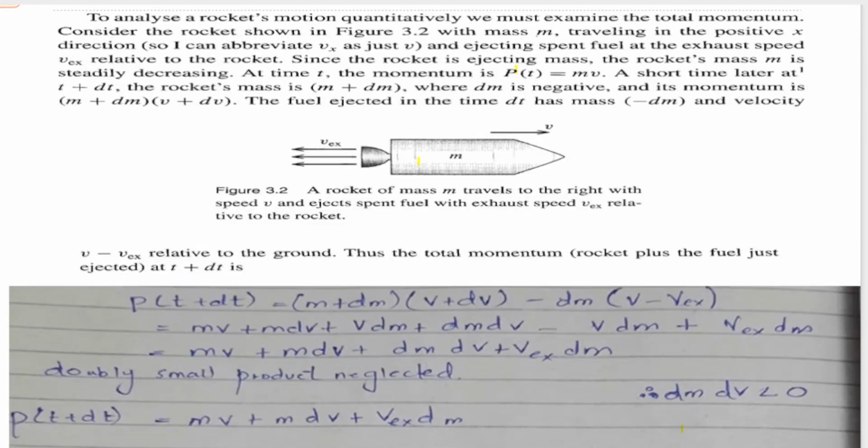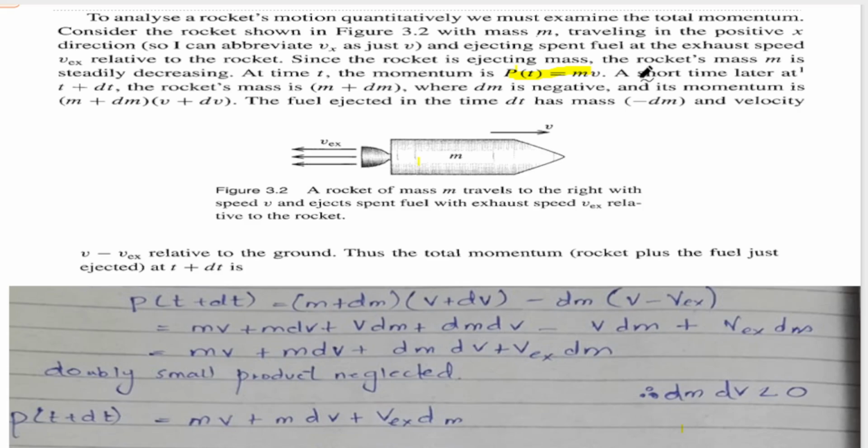We can analyze the rocket motion by conservation of momentum. So you can see we have a rocket of mass m moving with velocity v. This is the external velocity, or we can say this is the ejecting spent fuel, which is at the exhaust speed. And when we talk about the momentum, at time t, this is the momentum of the rocket